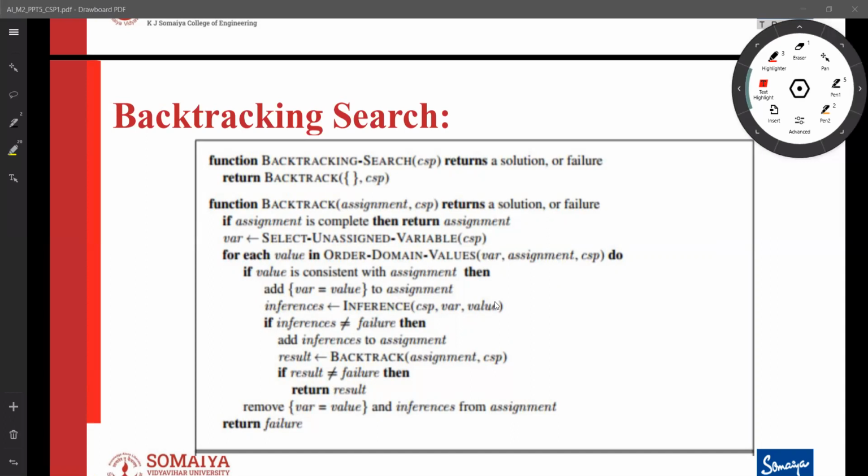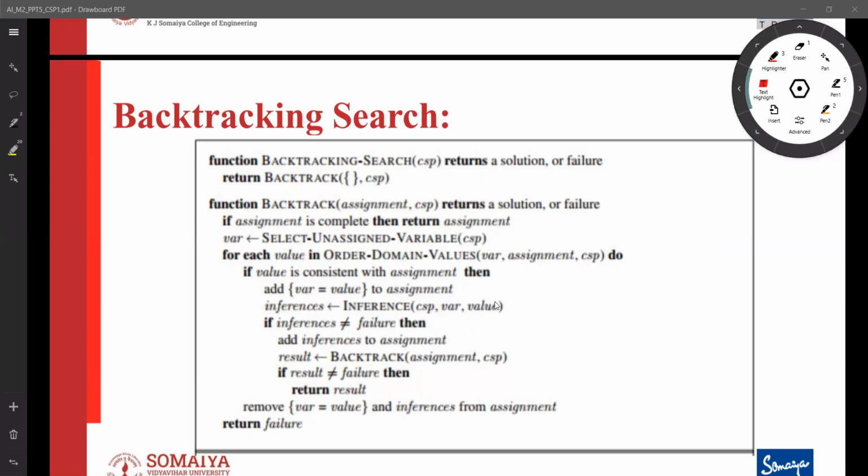The way you select the variable, well, I have options for which variable to select. Maybe there is some intelligence in which variable to try first. Another thing is which value to try first. So there are many variables, and after selecting a variable, I have to select a value from the domain. So selecting a variable, and after selecting the variable, which value to assign first.